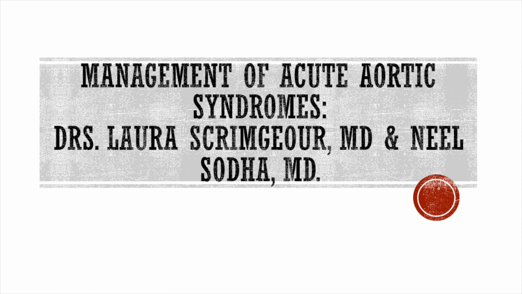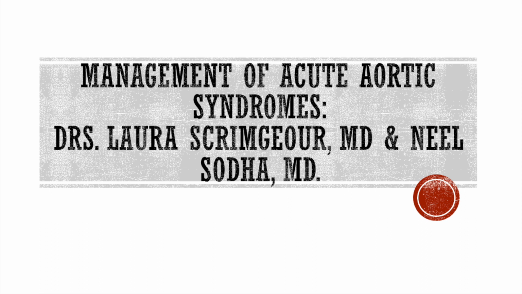Great. So up until this point, we've been discussing thoracic aortic aneurysms and their management and workup for elective intervention. In the emergent setting, we more commonly see the acute aortic syndromes like dissections, intramural hematomas, and penetrating atherosclerotic ulcers. So Laura, can you talk to us a little bit more about these acute processes? Sure. So the acute aortic syndromes include a dissection, which we talked a little bit about earlier. If we use the Stanford Classification, a type A or type B dissection, an intramural hematoma, or a penetrating atherosclerotic